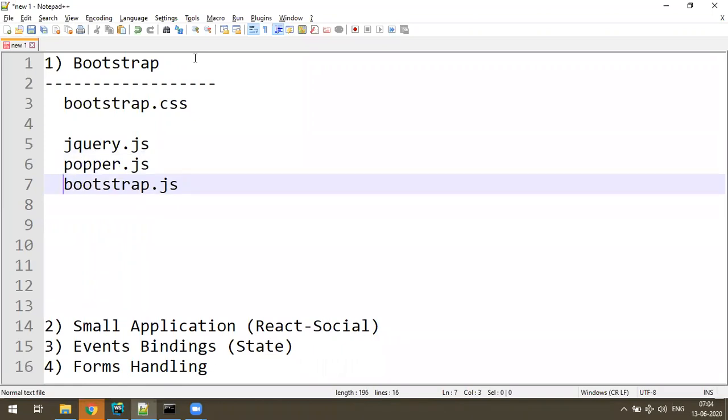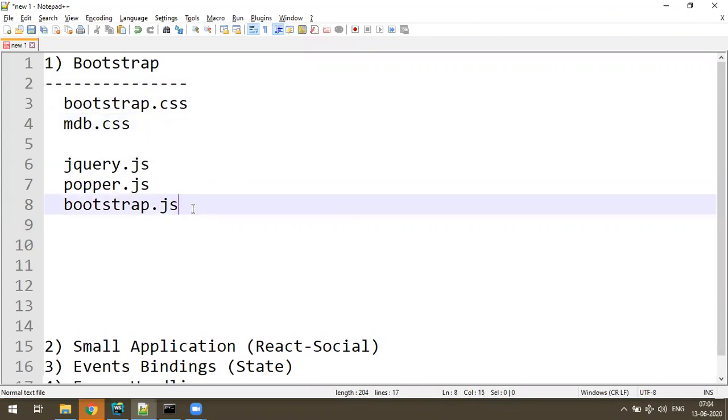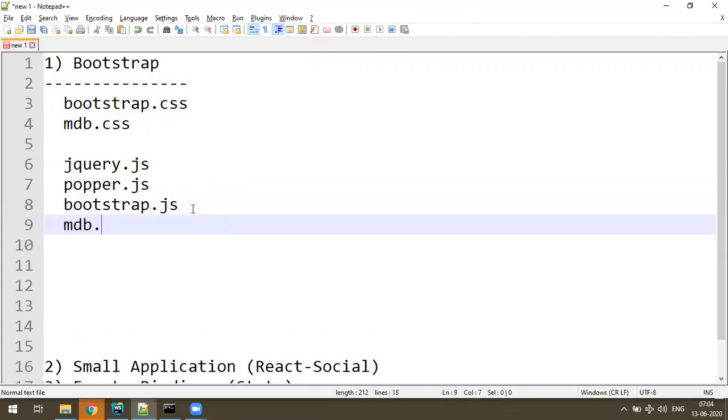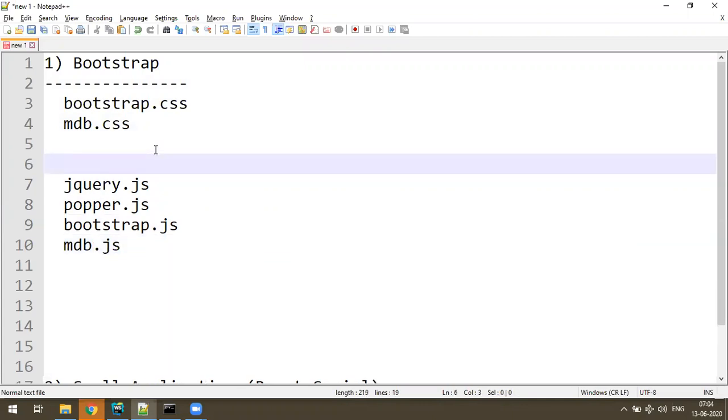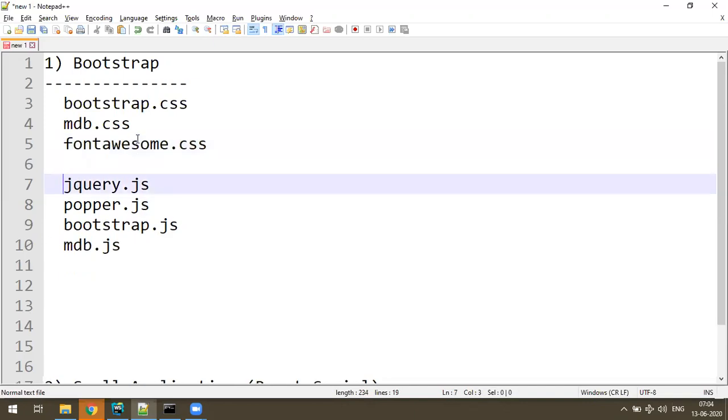So these files are enough. But I wanted to use Material Design Bootstrap. So for that, an extra file, mdb.css, is required, and also mdb.js is required. And I also wanted to connect Font Awesome icons, so I want to show some icons on the page. So that is font awesome dot css. Okay, let's keep it here. So these are the files.